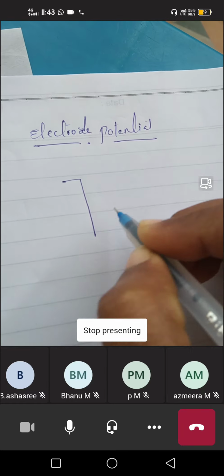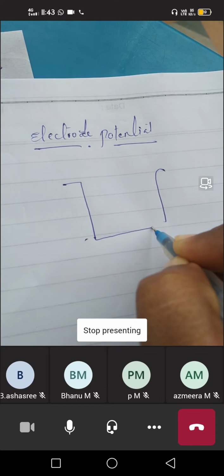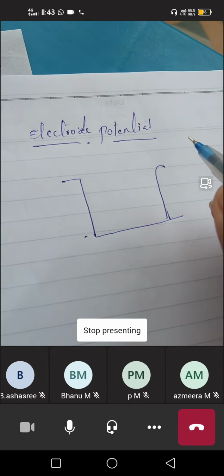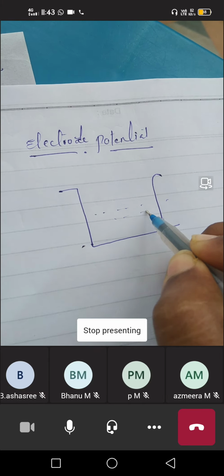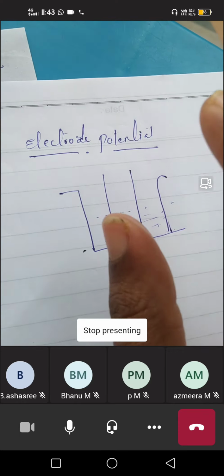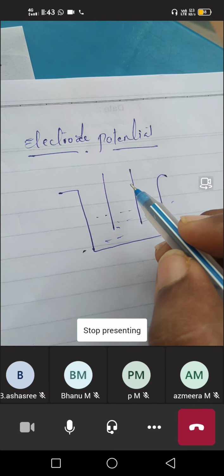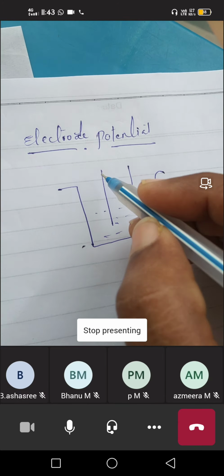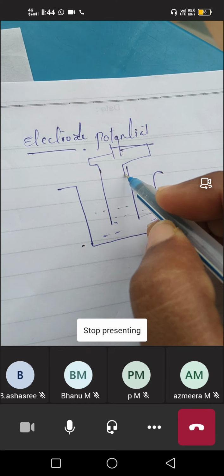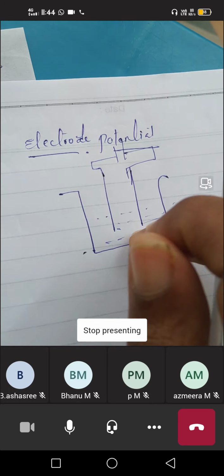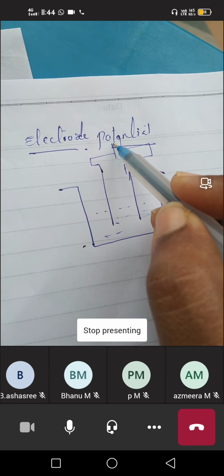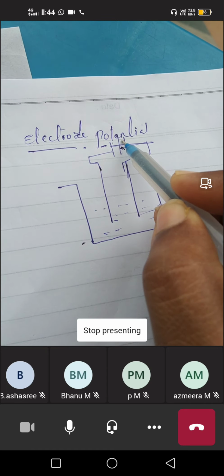We know the electrolysis process from school level also. What is electrolysis? In electrolysis we take a solution and put two metal rods in it. These metal rods are connected to an external battery with the help of connecting wires. The battery has two terminals, one negative and the other positive.